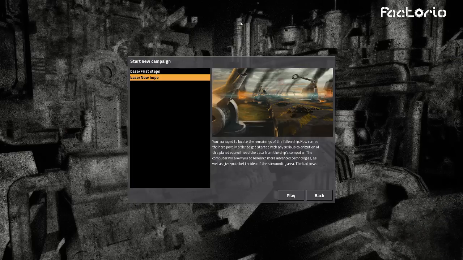Today we're going to take everything we learned in the First Steps campaign and move on to A New Hope. You managed to locate the remains of the fallen ship. Now comes the hard part. In order to get started with any serious colonization of this planet, you'll need the data from the ship's computer. The computer will allow you to research more advanced technologies, as well as give you a better idea of the surrounding area. The bad news...